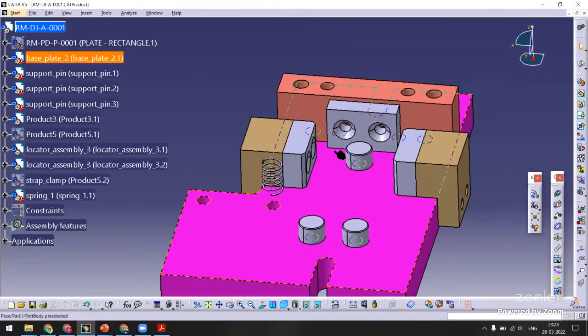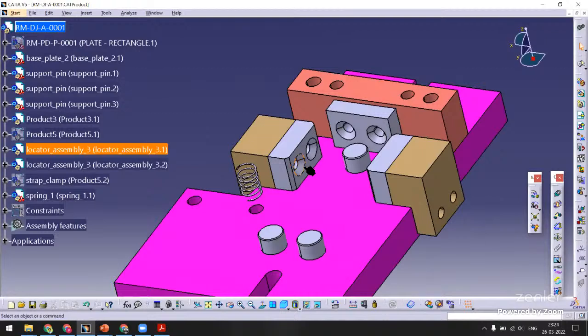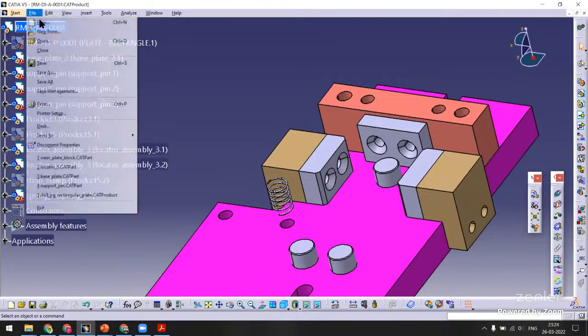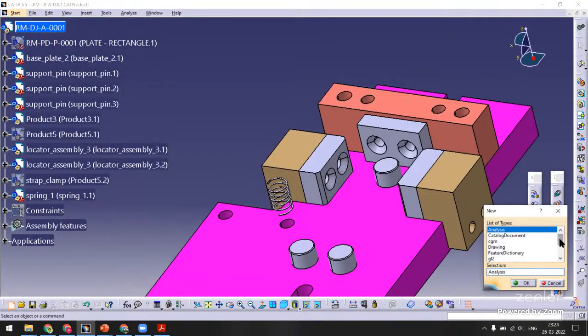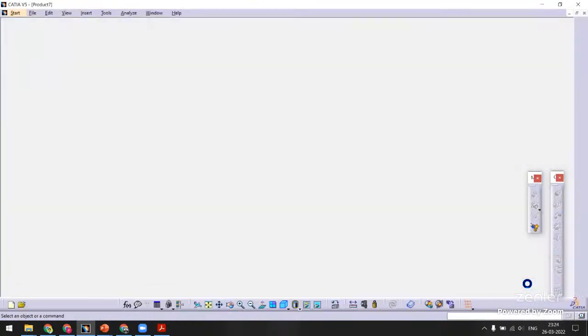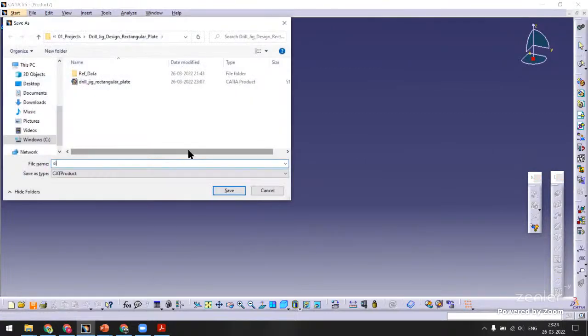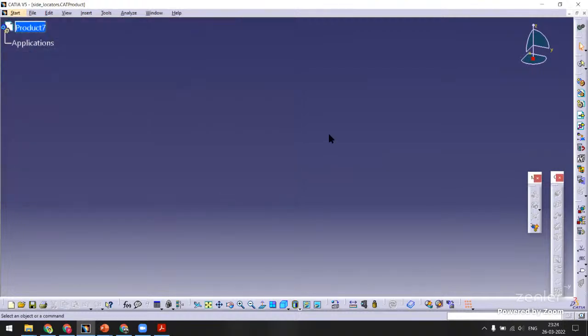You can observe, how would you tighten a screw? It would be very inconvenient for the assembly technician to assemble a screw here. But if they are assembled outside the jig, it will be very easy. That's what I'm trying to tell. So let's create a new product, that is a sub-assembly, and let me name this as side locators. Save the side locators. So now I'm going to assemble